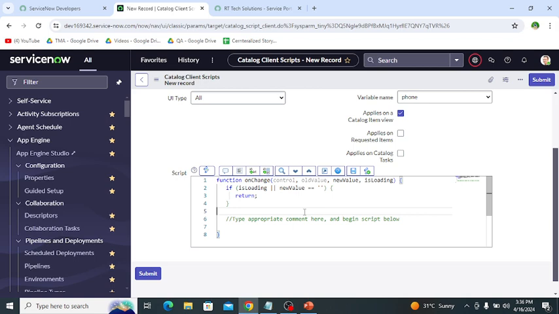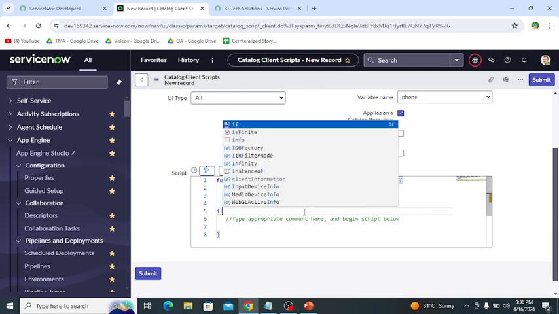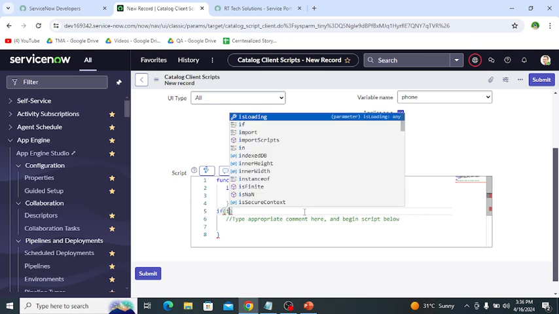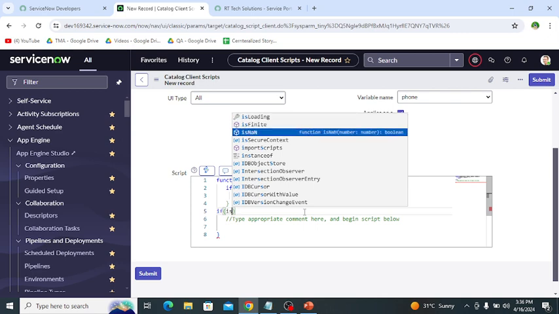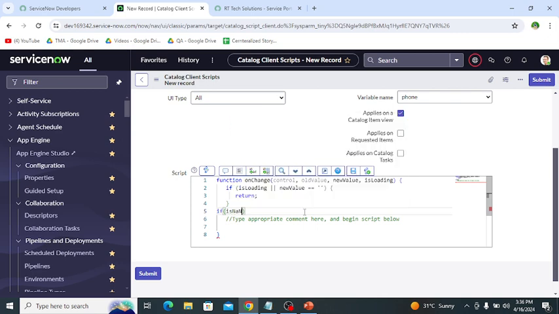By using the if condition, and using is, this is the function which checks whether it is a numeric value or not.